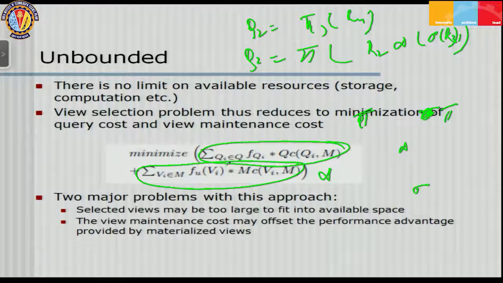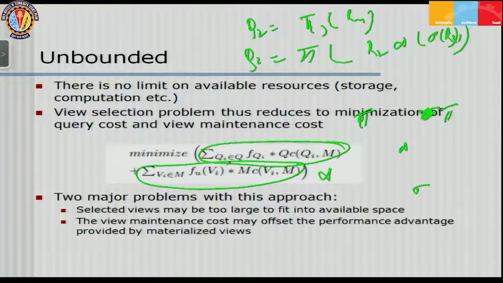Ultimately, it is just theoretically that we are saying that storage and computation, etc., are unlimited, that unlimited space and unlimited computation power is available to you. But practically, what may happen is that you may want to materialize a view which you are not able to fit into available space, and the view maintenance cost may offset the performance advantages provided by materialized views. So if you remember,